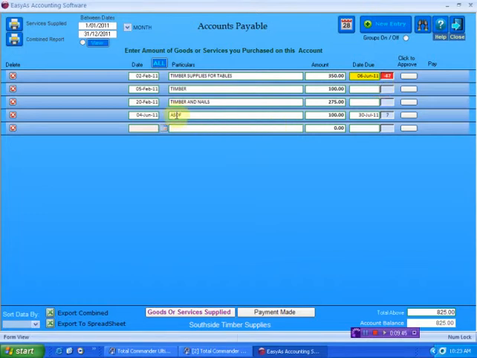However, let's look at a more realistic instance here. See this here? This tells us we've got 7 days left before this money is due to be paid. I know of several individuals who have accounts with suppliers for up to 60 days. They might receive the money from their client for the item. So say they've received, say it's $1,000 for purchases you've made. So say this amount here was actually $1,000. Now,